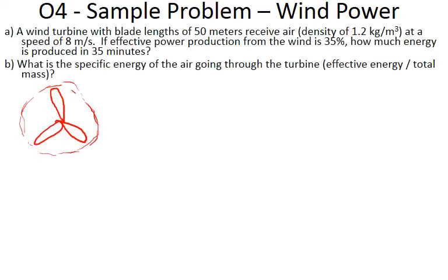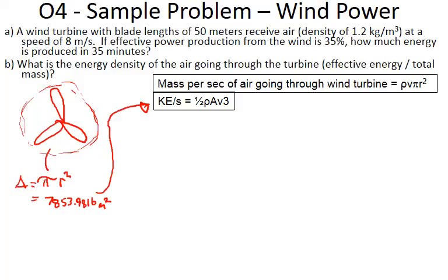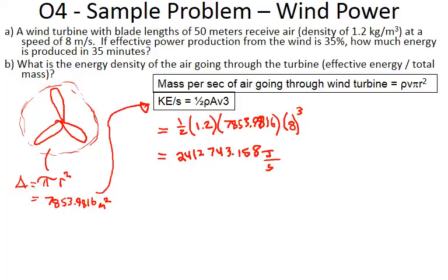All right, so what we should have then is pi r squared. We get the area. So we know the area, we know the speed going through, we know the density of the air. And so this is the power output. Now, we're only getting 35% of that, so we multiply by 0.35. And so this is the effective power output. And that looks like 844,460 joules per second, or watts. And so we've got the effective power output, and therefore,